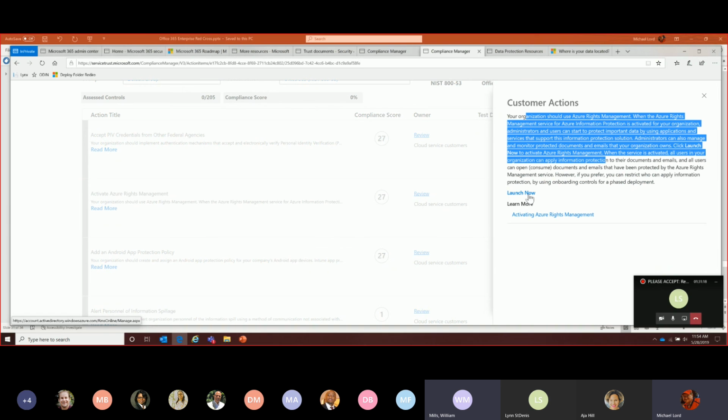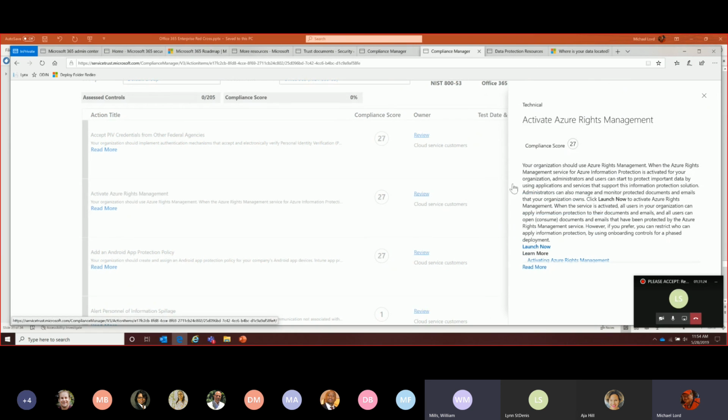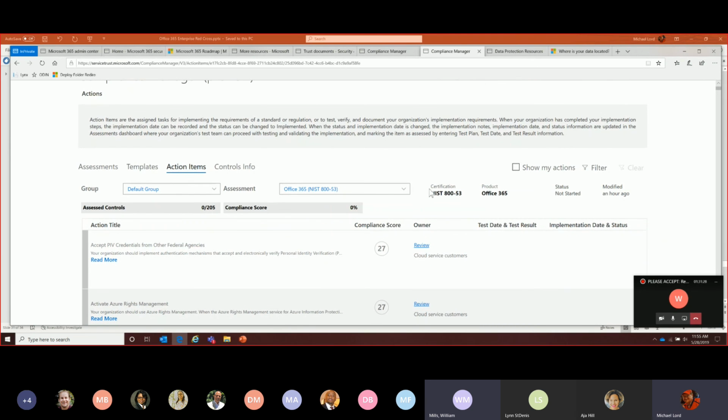And now we start building in little launch now apps to help you understand how those could be implemented. This is an extension of the compliance boundary that is different than Secure Score.